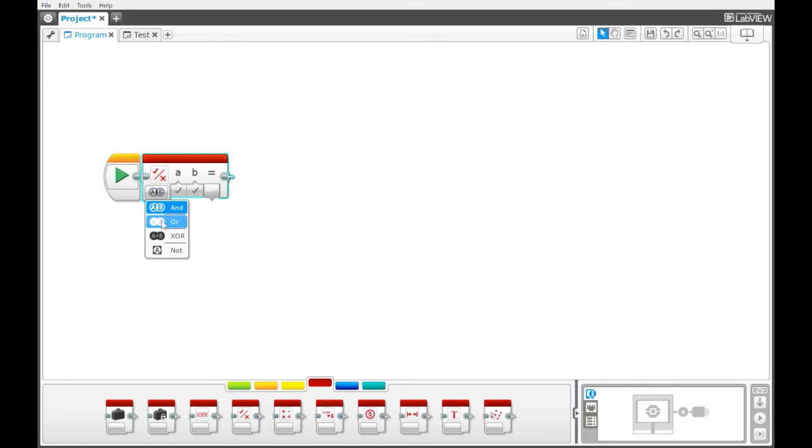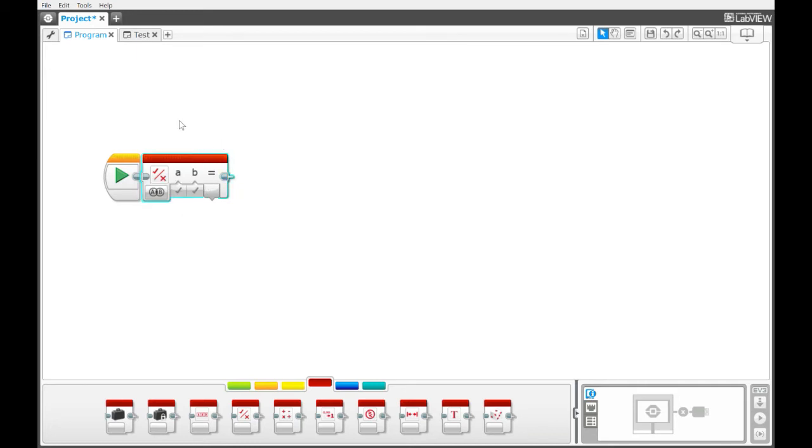If I change this to OR, now the space in between A and B is filled in. The A circle is filled in on its own, and the B circle is also filled in on its own. So now, if both of them are true, A and B, then the output is still true, just like before. But now if just one of the two of them is true, even if the other one is false, the output of this operation will be true. So that's the logic block. You can use it for these logical operations,